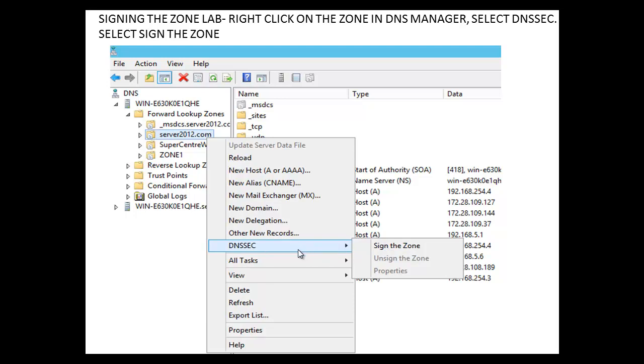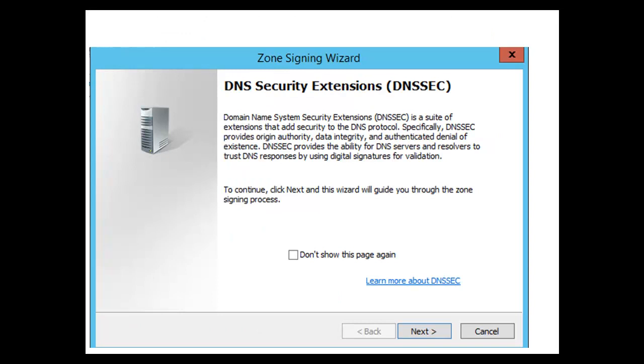Remember that the zone has all the DNS records for that particular server. So we are actually signing all the records. Once we sign the zone, all the records in that zone will be protected by DNSSEC. So we go ahead and click on Sign the Zone. And we're presented with a wizard. You click Next on the wizard page,